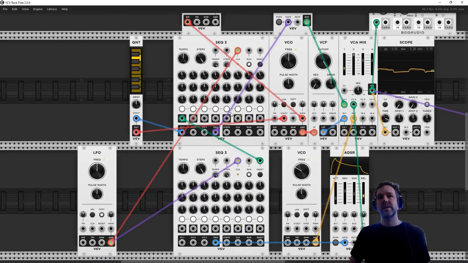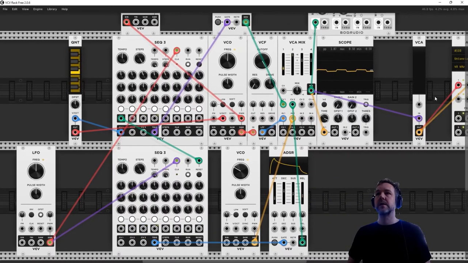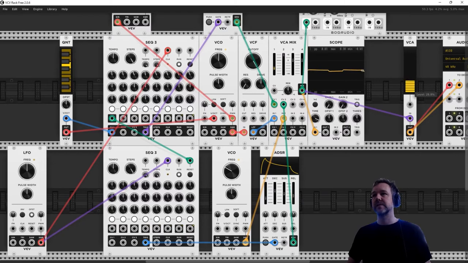So now when the sequencer gets to here, it flashes, which causes this one to reset. And now 4, 5, 6, 7, 8. 1, 2, 3, 4, 5, 6, 7, 8. They're in sync. Fabulous. Right, so now if I just turn these up, we should have something that's in time. And if I increase this low frequency oscillator here,